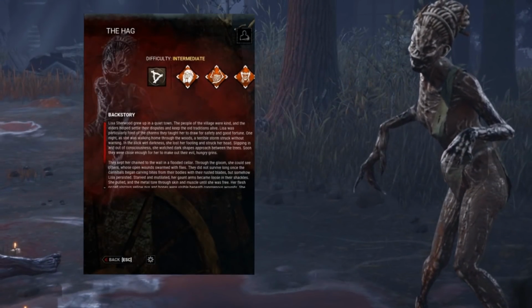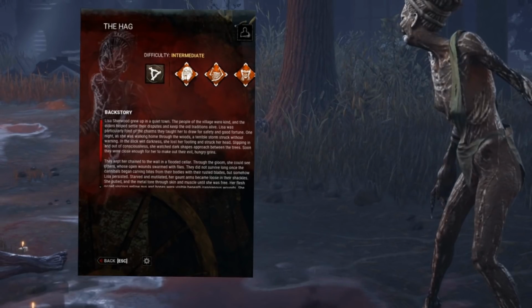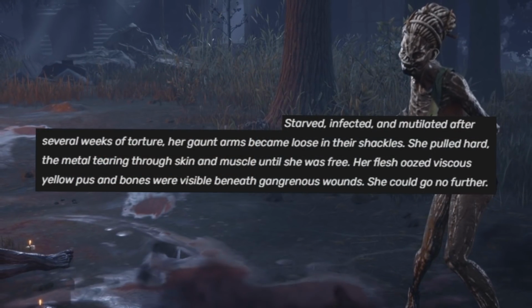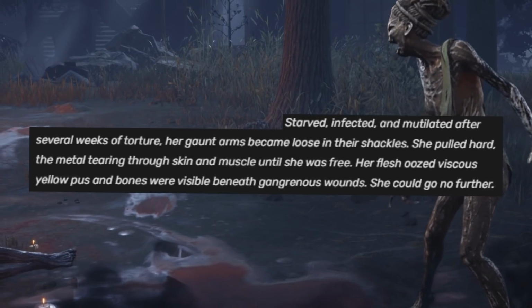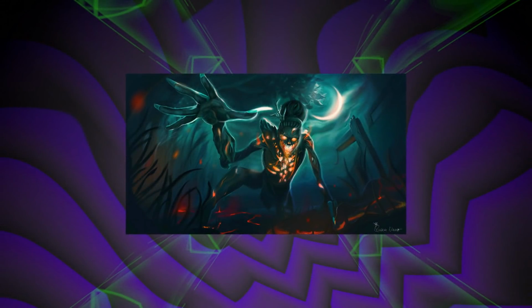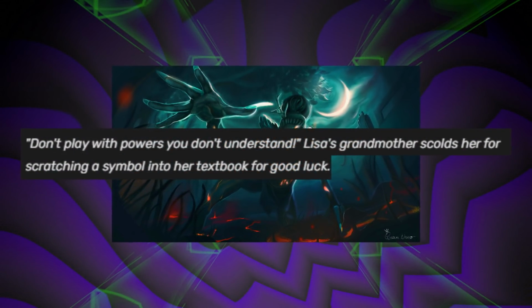The hag's lore doesn't obviously state who participated in the rituals that transformed her into the monstrosity we see today, the hag. During this ritual, she was tortured heavily. Her skin was peeled off. It's very gross. And taking a look at her tome in the archives, there's a few tidbits spoken by her